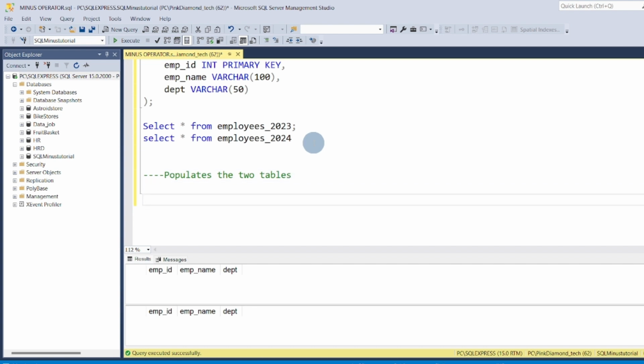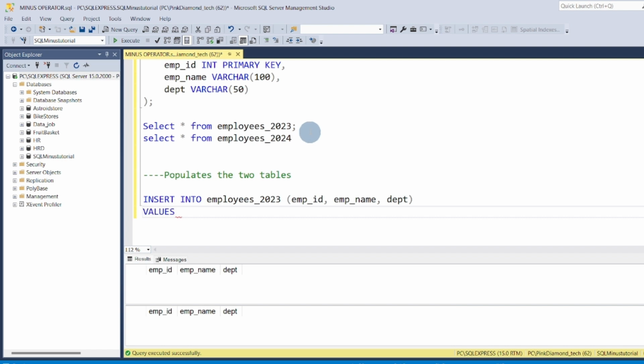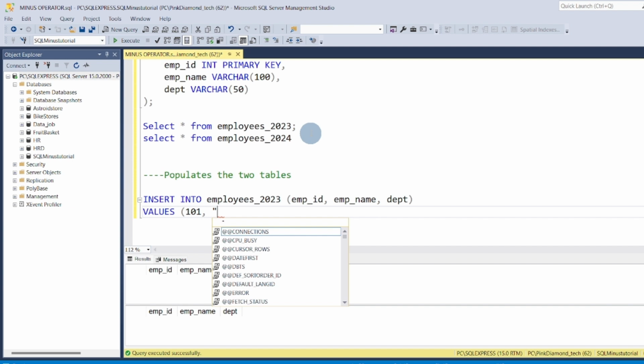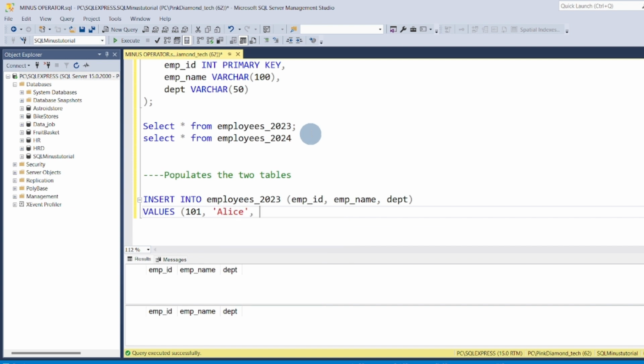To populate the two tables, we start using the words INSERT INTO, specify employees 2023, open the parentheses. What are the things there? The employee ID, the employee name, and the department. We close that and say VALUES. The values are going to be according to the structure: 101, Alice, and department Human Resources, comma, then